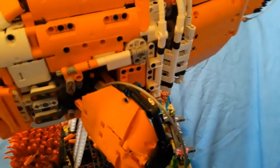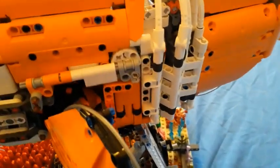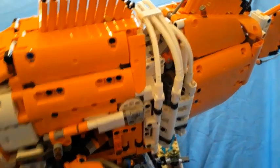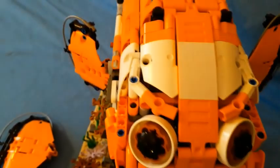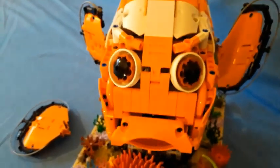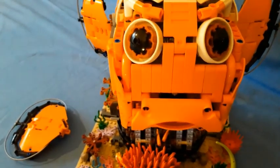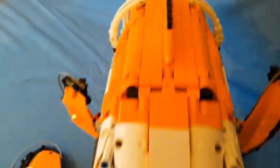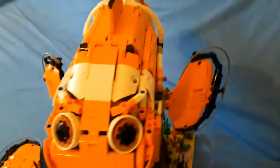So you can see now the concertina pieces on the side, using the rubber parts at the top and bottom to give it the preferential movement of the way it folds and unfolds, and then the flexible axles on top to allow it to twist. And very similar to the other side. So then you can still do the mouth and gills at the same time. And we could stop those if I move that lever to the middle. There we go. And the trick is to stop the tail in the middle, more or less. You want Nemo to breathe again. You want him to survive a very long time. And then we can move back to